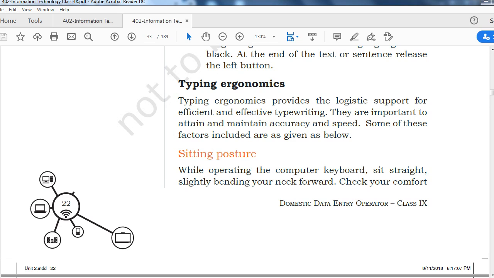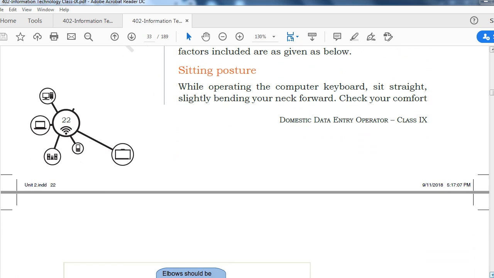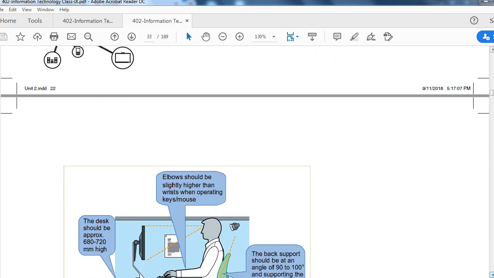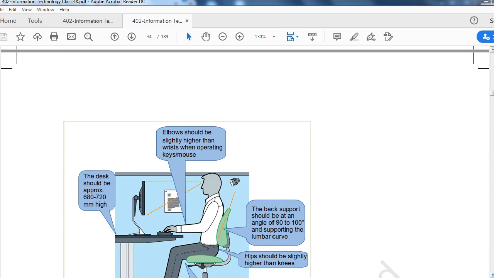Obviously, sitting posture is one of the most important factors which we cannot take casually. While operating the computer keyboard, sit straight, slightly bending your neck forward. Check your comfort. All this is very important.